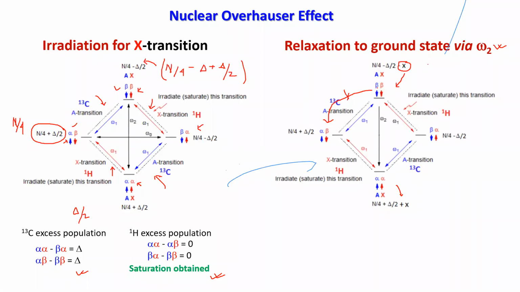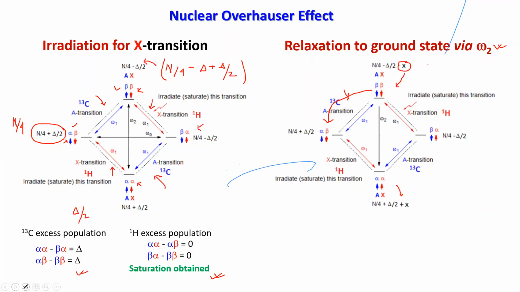So we are not interested now in the single quantum, we are interested in double quantum transition. So the only possibility is beta beta coming to alpha alpha. I have considered minus x amount of nuclei is undergoing the change, so it is coming down to the alpha alpha state. It doesn't need extra energy because it is already coming from higher to lower energy state. It's just decaying, just coming back. Now if I calculate the excess population, to have the signal, at the equilibrium, what is the excess population you have, that you have to consider, and based on that your signal will be coming.